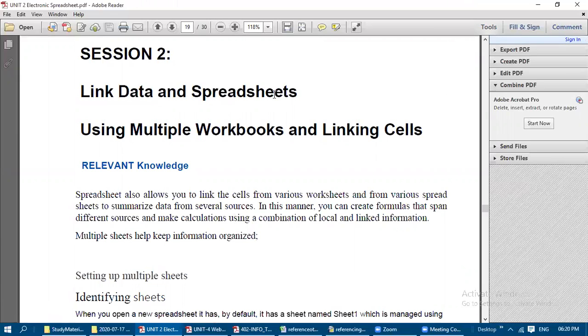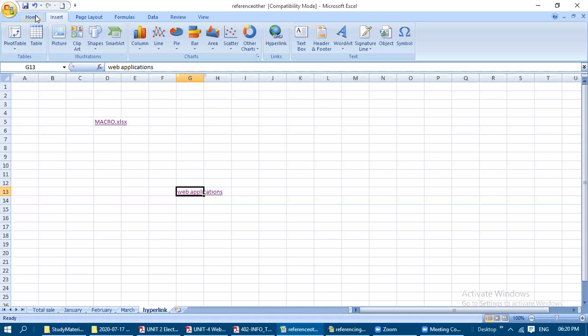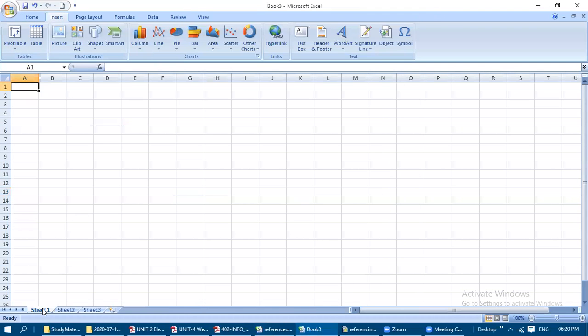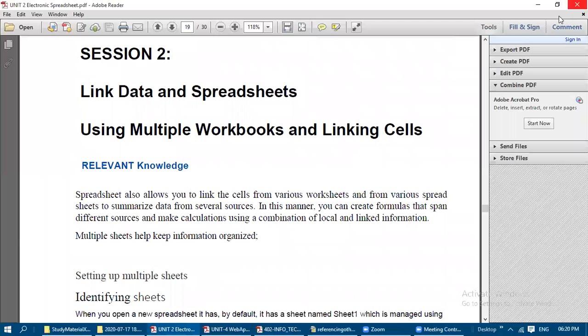If you open any Excel sheet, we have by default 3 worksheets. Okay, by default we will have the 3 worksheets. See, just for example, I will show here. If you open a new workbook, click on create. So by default, how many worksheets are there? Sheet 1, sheet 2, sheet 3. Totally 3 sheets only are available by default. So these 3 sheets by default make one single workbook. So this entire thing is called a single workbook. Okay. So now